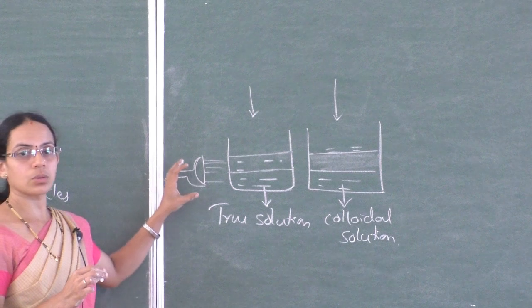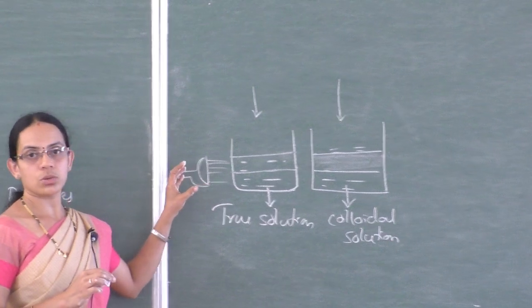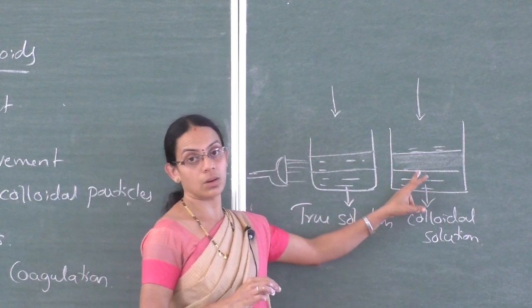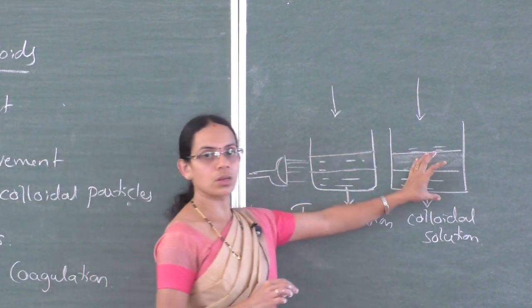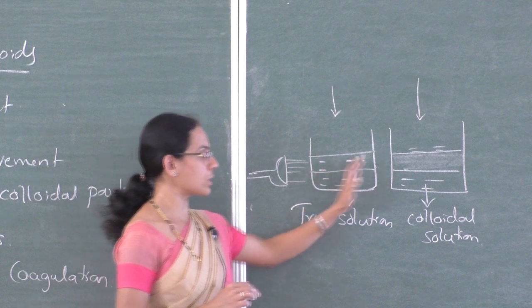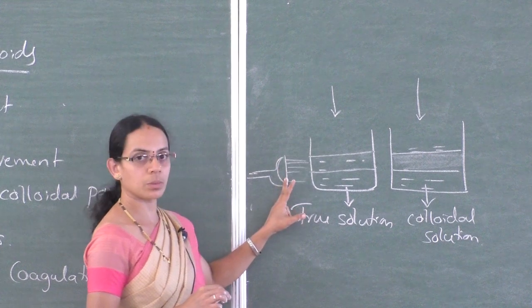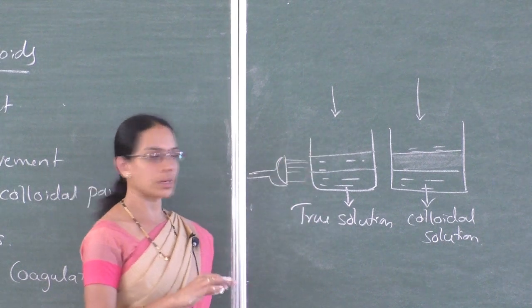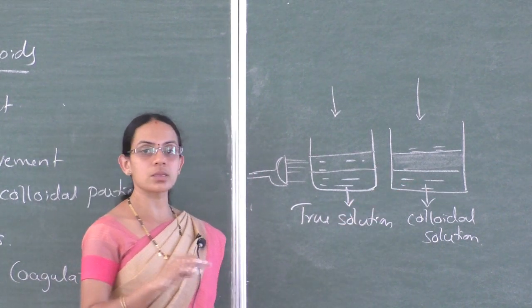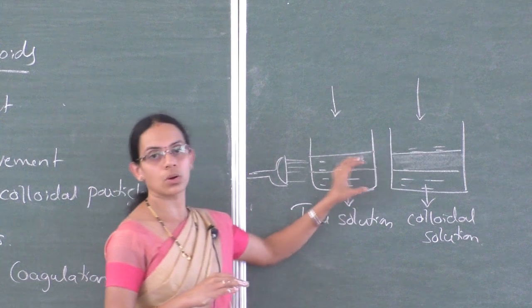This effect was first observed by Faraday and later studied in detail by Tyndall. Hence that effect is called Tyndall effect. Take a true solution and a colloidal solution, and a convergent beam of light is passed through both. When it is observed at right angles to the direction of the beam of light, the true solution appears perfectly dark, whereas in the case of colloidal solution, the path of the beam of light is illuminated as a bluish light, so we can observe the path of the light through the colloidal solution.